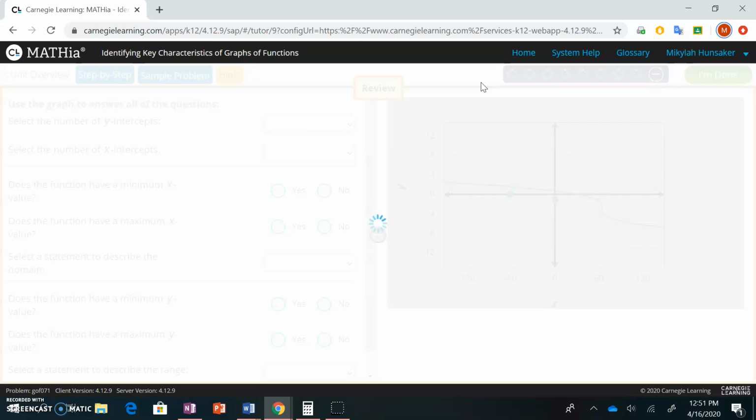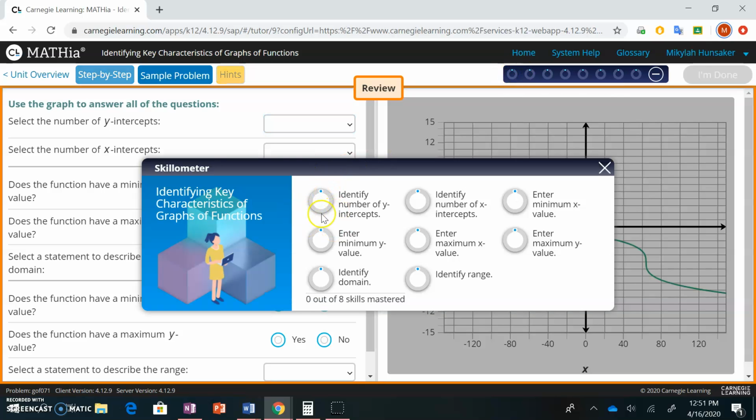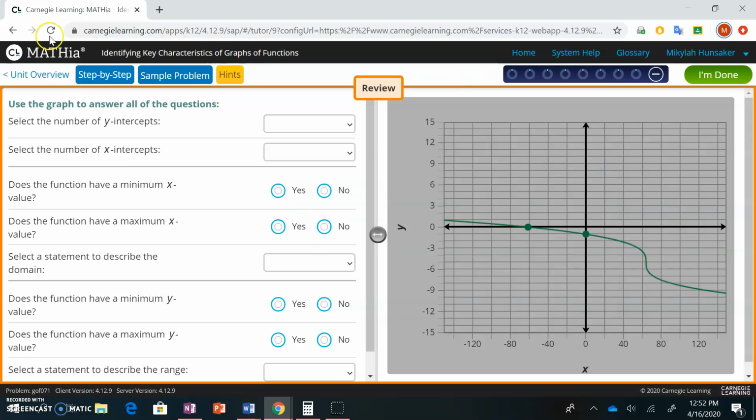Okay, it'll load. All right, and then again, notice up in this top right-hand corner, these are the circles that look kind of like they're not filled in, like loading circles. This is telling you this is a problem that's being, for lack of a better word, graded. They're counting your mistakes. If you get things right, these circles will fill in. They count for the standards. If you get things wrong, they will go backwards. So make sure that, it's okay to get things wrong, but you're not just guessing randomly. All right, let's do this step-by-step example problem